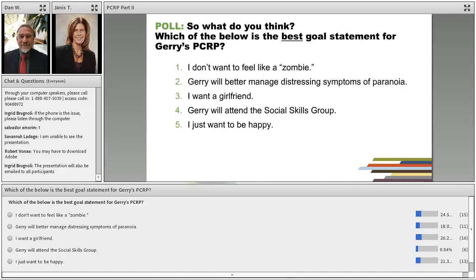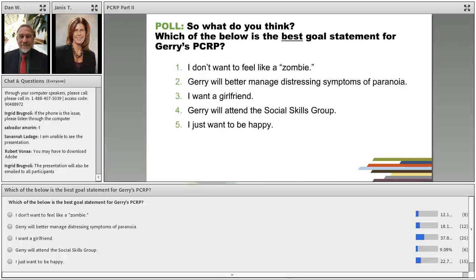But remember the piece of feedback I had given around goal setting. As much as you can, you want your goal statements to be not about what you're trying to get rid of, but what you're trying to move towards. So if you were to ask Jerry, if you didn't feel like such a zombie all the time, how do you think your life would be different? In this case, Jerry would tell you pretty darn clearly and pretty consistently, he would get out there in the community and he would meet someone. He would have girlfriends after not having had one for a long time, okay? So that's just in terms of number 1.